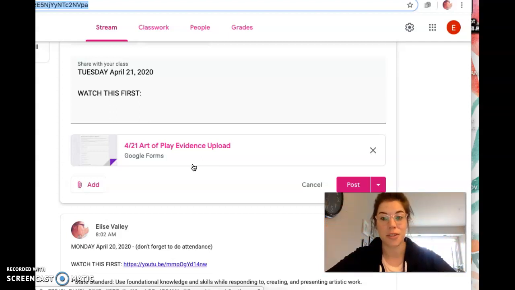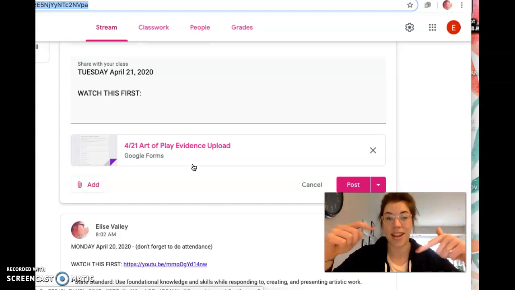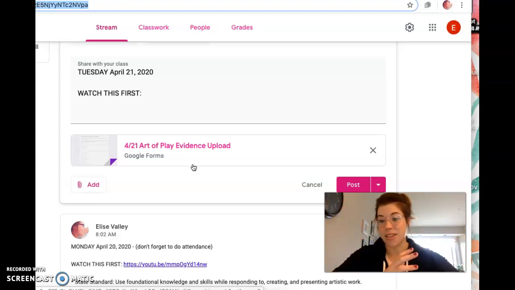I've seen a few photos of just finished things, which are great, but I do need to see that you are doing things now and not something that you've done months ago, years ago, but present. So if you're looking at your photo and you're saying, man, I could see how someone might not understand that I made this, that means you need to provide a little bit more documentation, a few more photos, just showing me the process. Because unfortunately, I'm not there to work with you, which I really miss. But please make that simple for me so I have no questions.